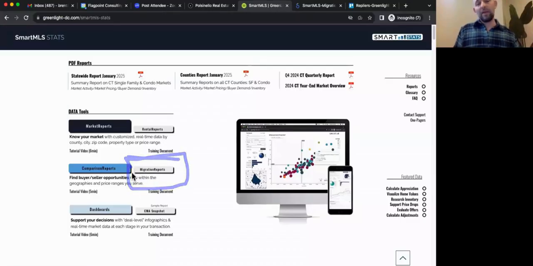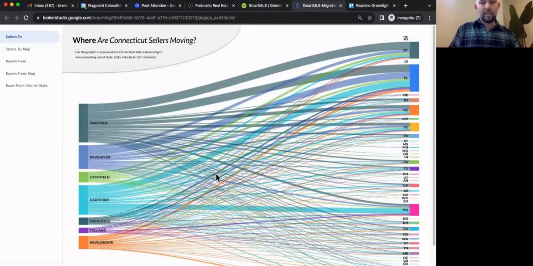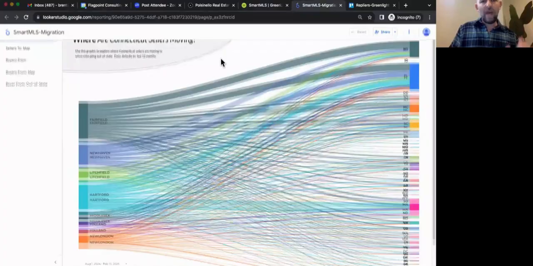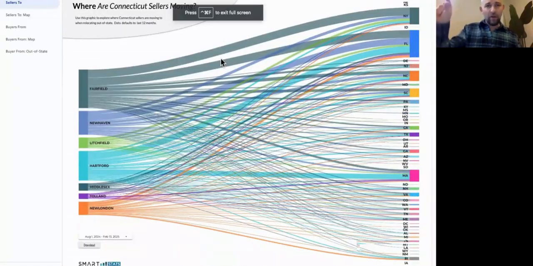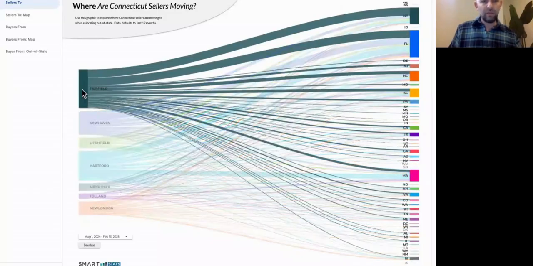A lot of people don't know about this. This is really interesting just as a visual thing to take out there. What it's doing basically is looking at that little field, where are the buyers from and where are the sellers going to, that you guys have so diligently been putting in your MLS. And this is allowing us to look at that data in lots of different interesting ways.